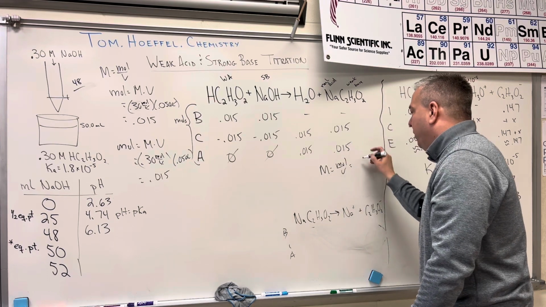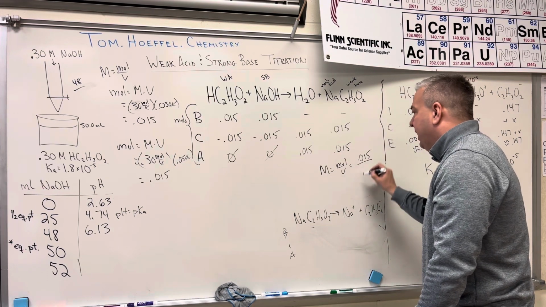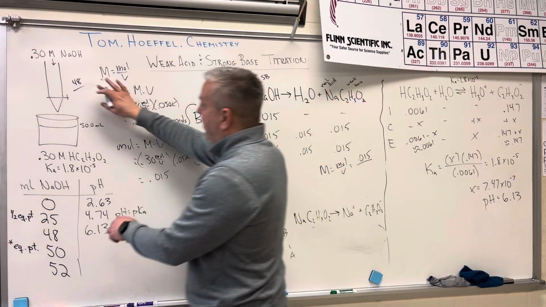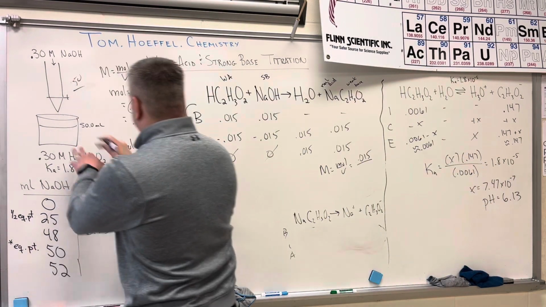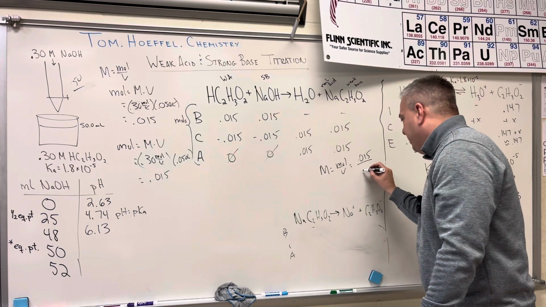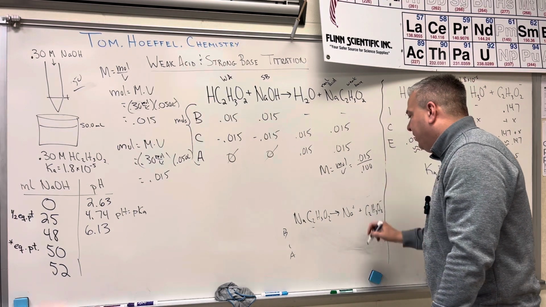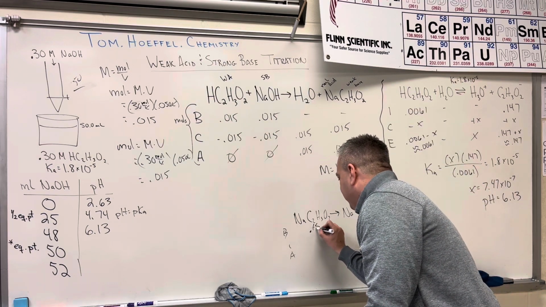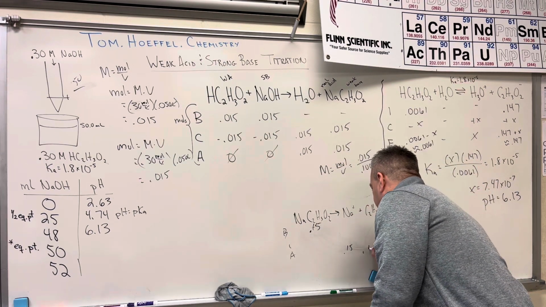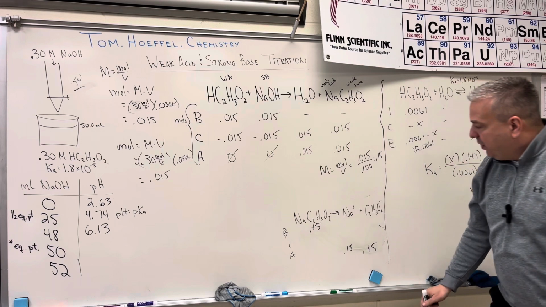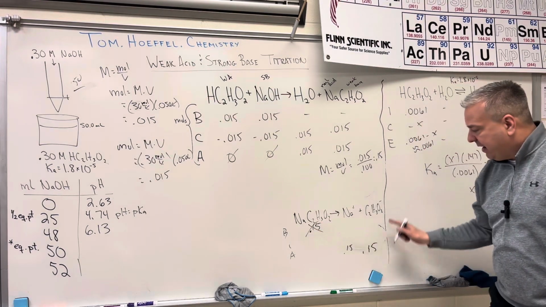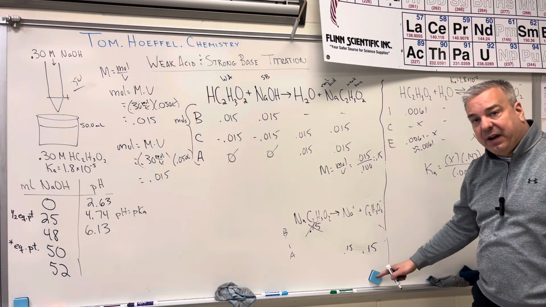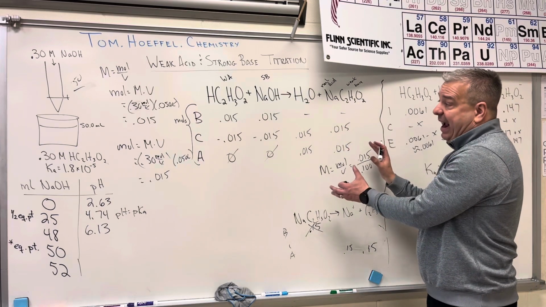Moles over volume. The moles are 0.015 over 50 and 50, which is 100. So that's going to be 0.100, and that's how I got that 0.15. So I was just getting ahead of myself a little bit. So this is going to be all gone, and I'm going to be left with just 0.15 molarity of acetate